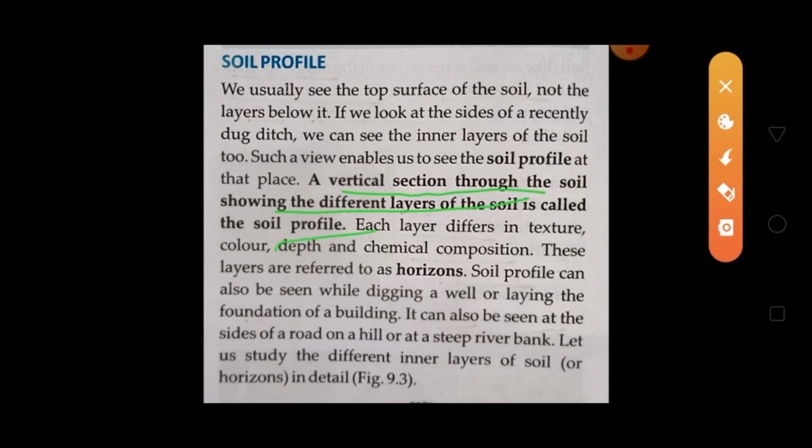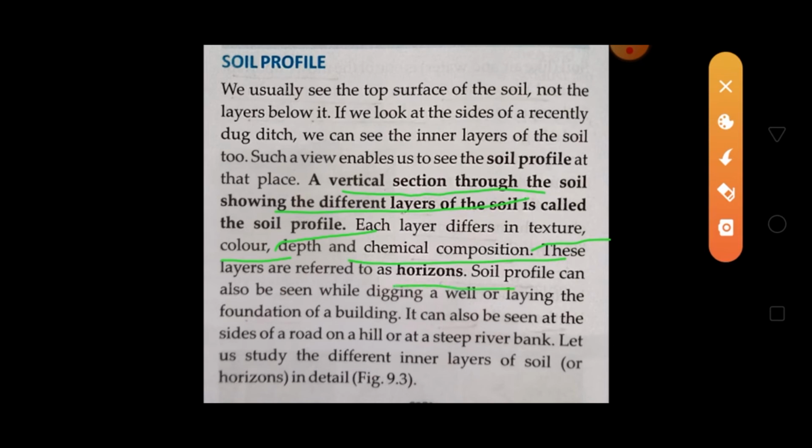Each layer, like A, B, C and D, has different texture, color, depth and chemical composition, and these layers are referred to as horizons.